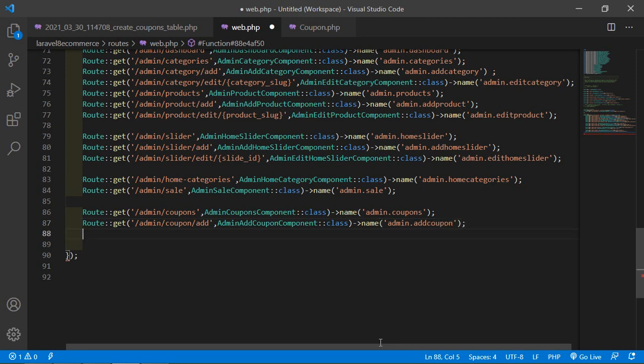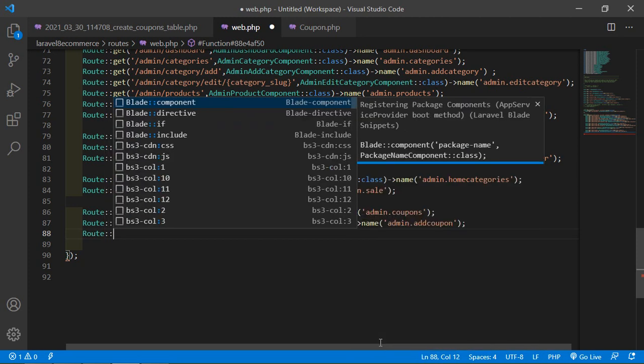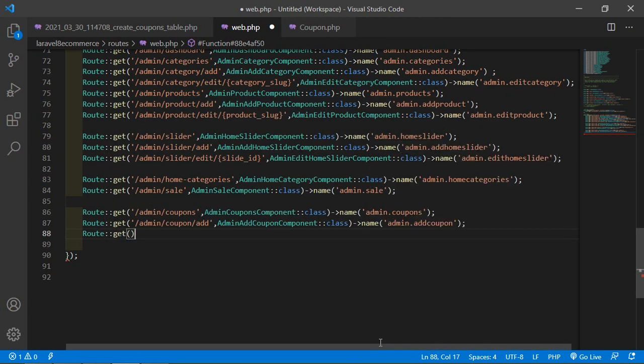One more route for editing the coupon. So write Route::get, URI admin slash coupon slash edit slash, and pass one parameter, which is coupon_id.